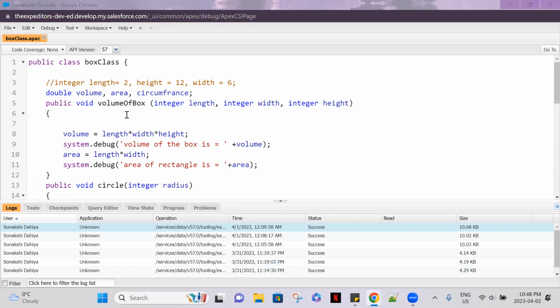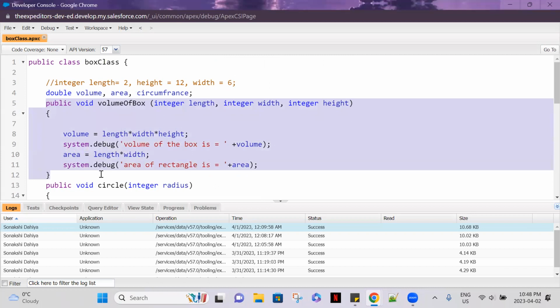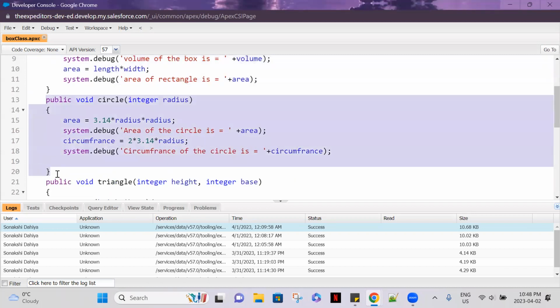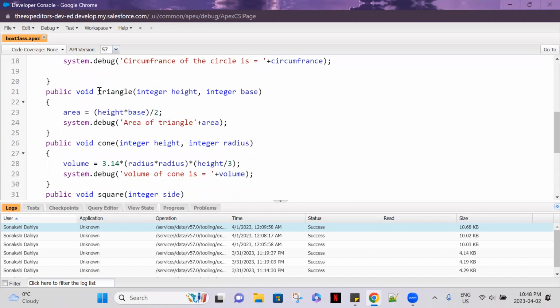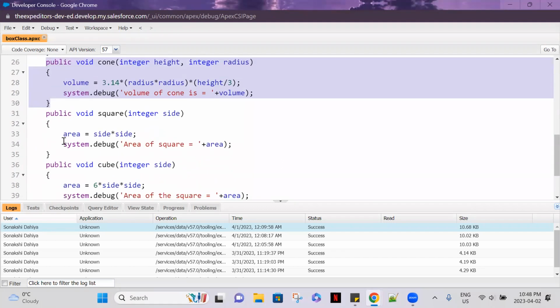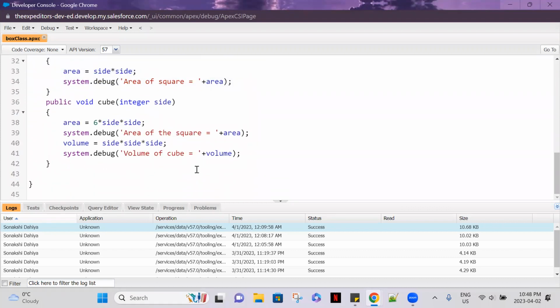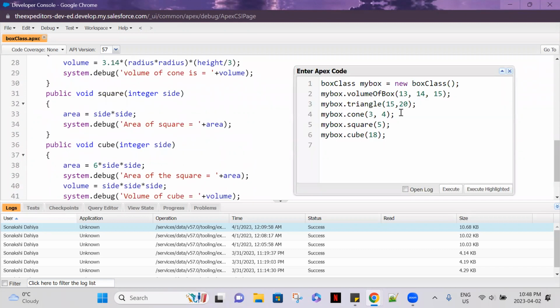So this is what I did. I added all of it, like I let it remain, but then I created different ones for circle, triangle, cone, square, and cube, and Control E, and that's how I'm calling them with the object and passing the values. So if I say execute,